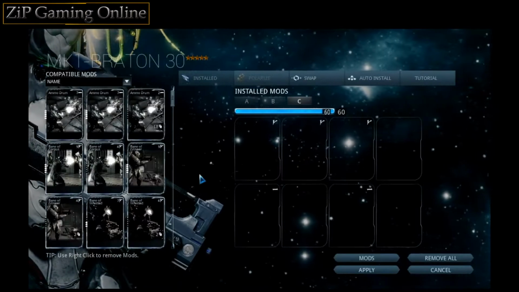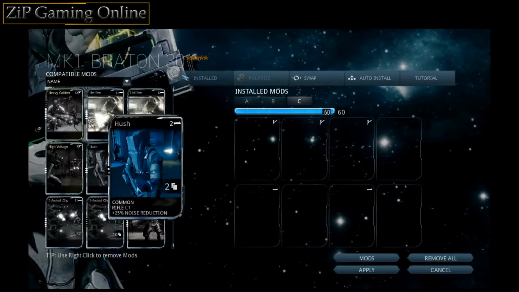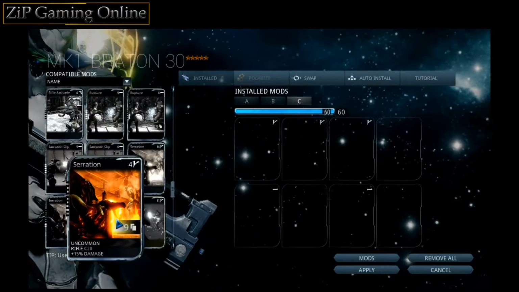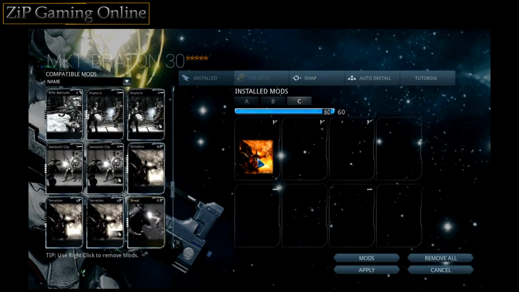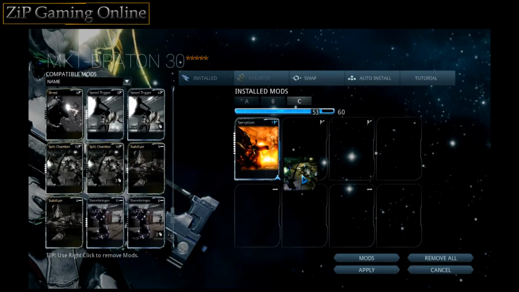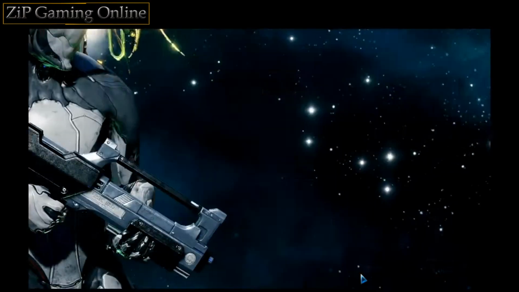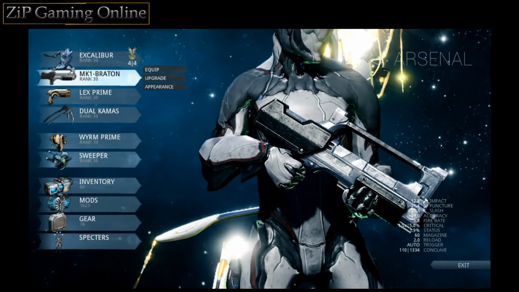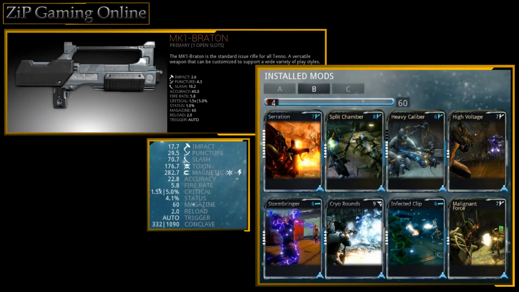These are all important because I'm going to use the Mk1-Braton here as an example. A lot of you know just how weak this weapon is. But if you put, say, Serration and Split Chamber on it, just to prove a point, and click apply, you get to see the massive gap of difference. It more than doubles the damage. Here's the bigger comparison that you can see a little better. The Mk1-Braton starts with 2.6 impact, 4.3 puncture,